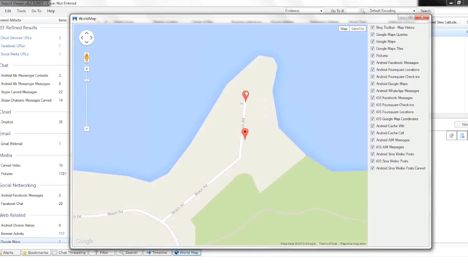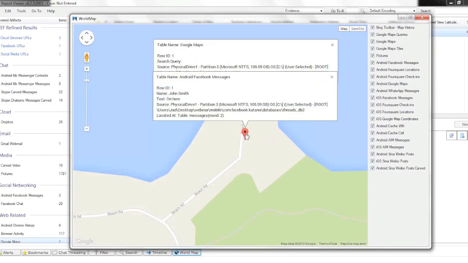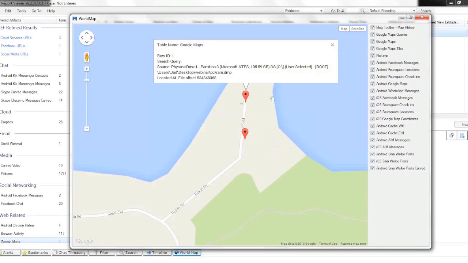These 2 points here. We can see that this one came from the Google Maps information from the search that the victim did to find directions to this location. And if we look at this marker here, it's the message on Android Facebook that was sent by the suspect saying that he was at the meeting location. And as we saw when we looked at the database and in IEF, there was the geolocation data stored there, so we can plot that right on the map, showing where he was, and showing that the victim searched for